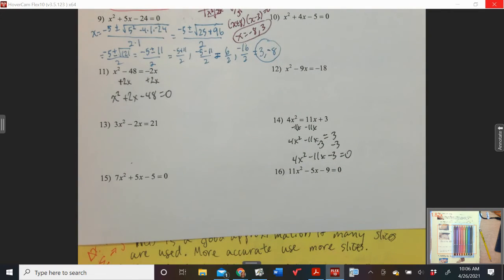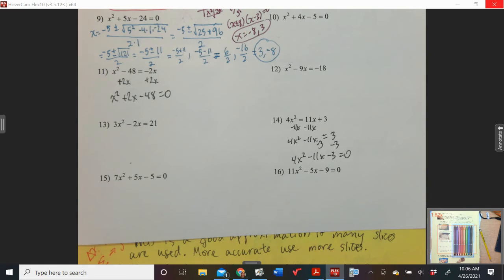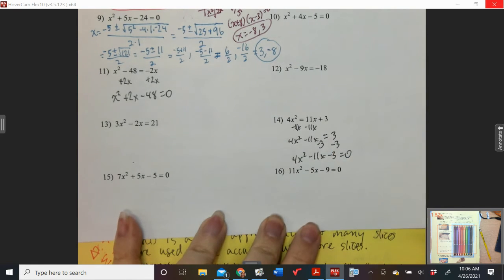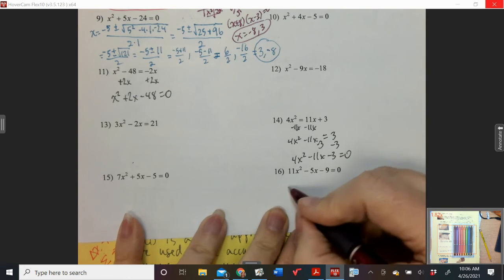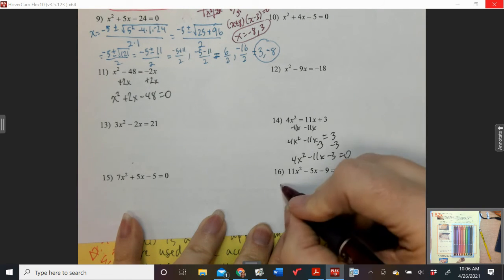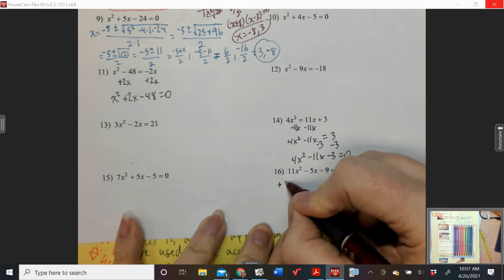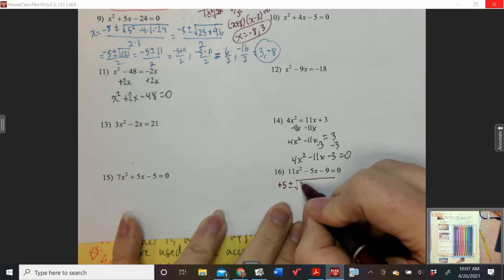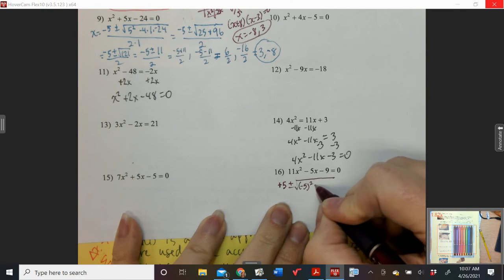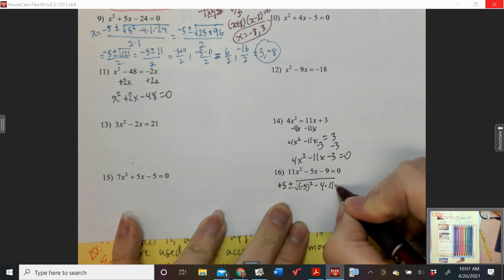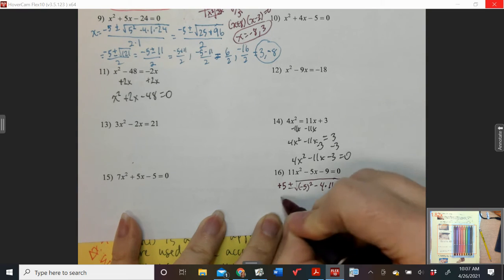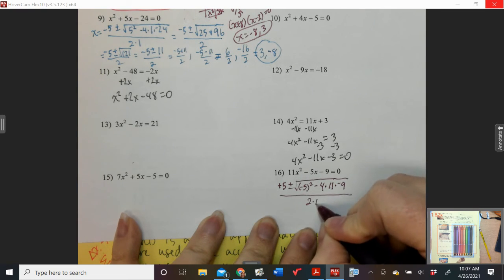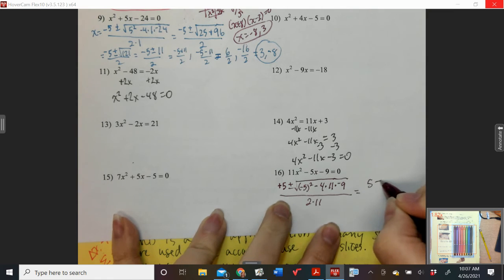And then last but not least, we have these. I'm going to go ahead and do 16. I'm going to use the quadratic formula. The numbers are all too big. I don't even want to think about it. And so I have -b, which is going to be +5, plus or minus the square root of b squared minus 4 times a times c, all over 2 times a, which is equal to 5 plus or minus the square root of 25